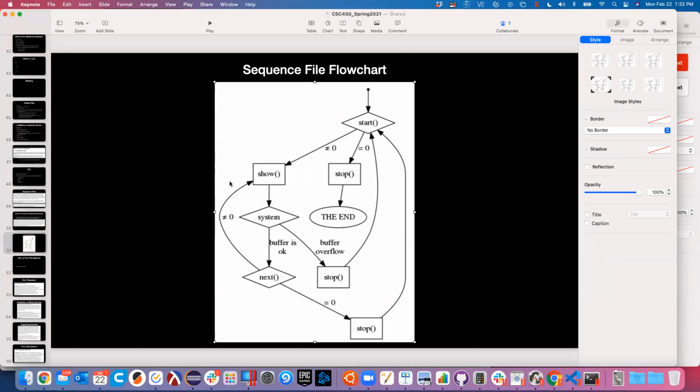Okay, so we can get into this nice little loop where we're showing you one character at a time over and over again until we finally run out of things to read, and then we stop and bounce back. Similarly, we could start, and if we have nothing to show, we stop, and that's the end. That's the only two starting cases. When you go to read in next, if there's nothing next to read, you go to the stop state and go back to the beginning. So this would kind of be an error state right here. If you tried to do something and something bad happened, you would error out, go to a stop state and go back up. Okay, but in any case, we have these four functions, and let's look at them